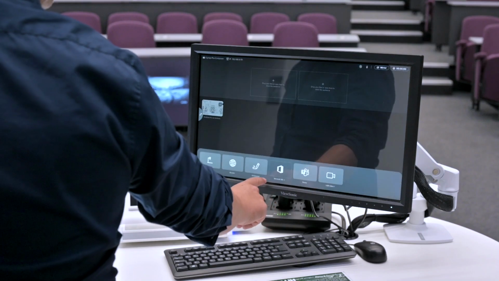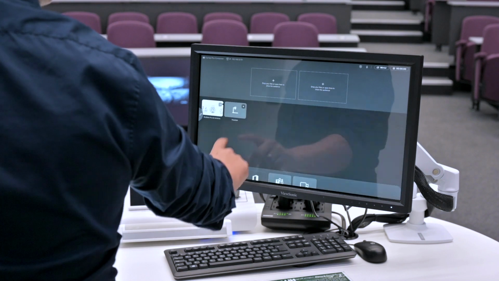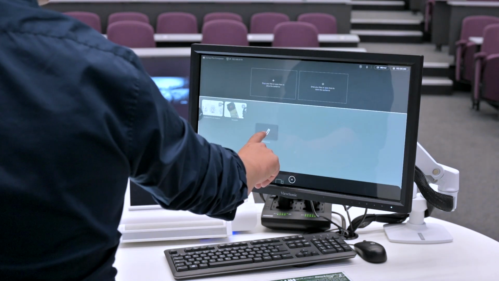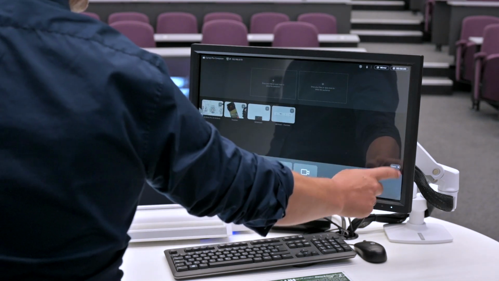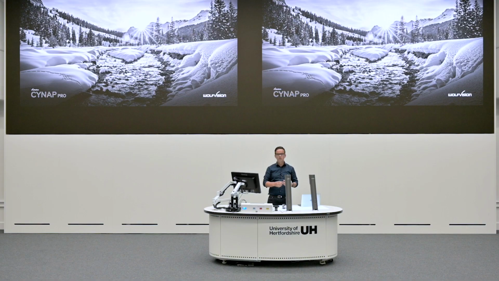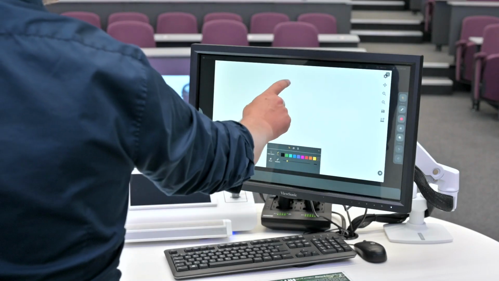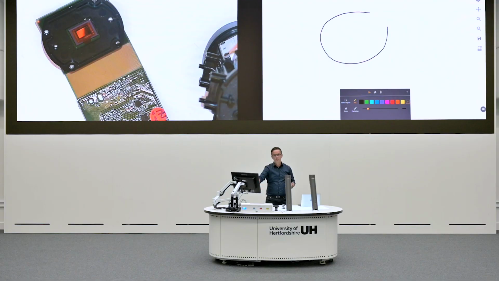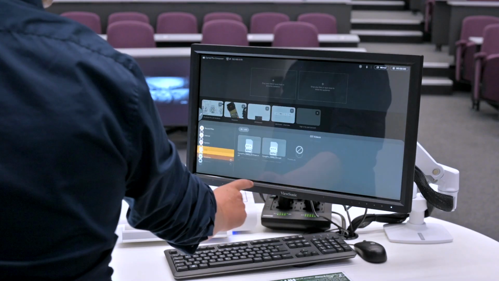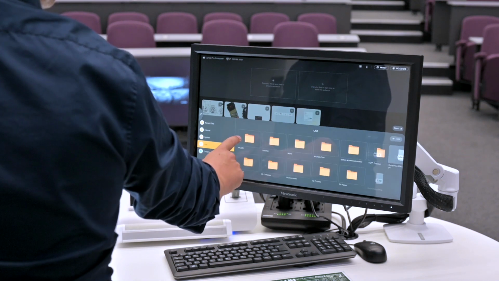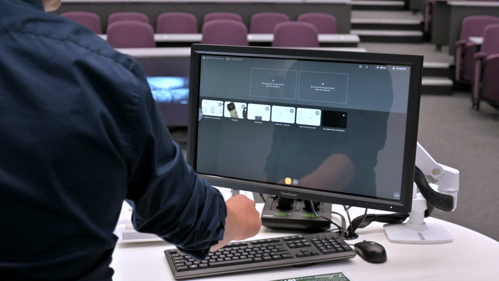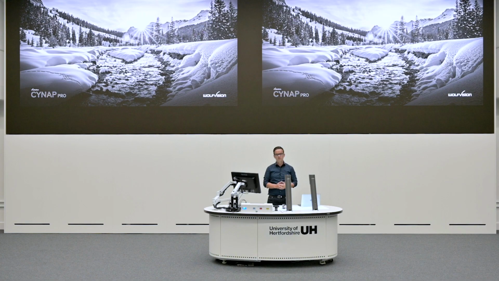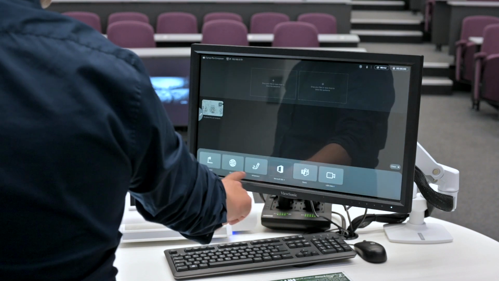The plus button gives the possibility to bring in content from devices which are connected, for example, a visualizer from WolfVision over HDMI connected to the SINEP Pro, but also to use all the apps directly on the SINEP Pro. For example, a digital whiteboard or a built-in web browser. With the second icon here, we have the possibility to bring in files. The files can be brought in with a USB stick, for example, but also a network drive which is connected, or even the cloud drive is supported.